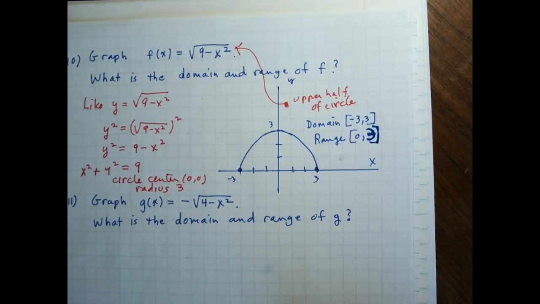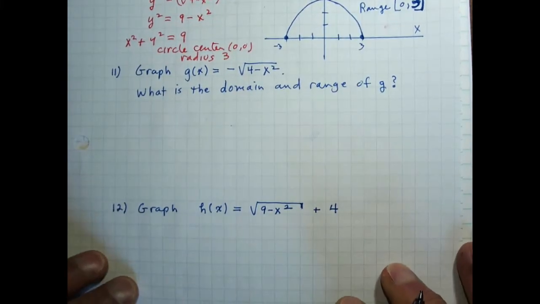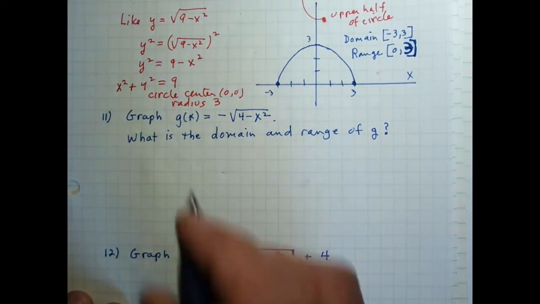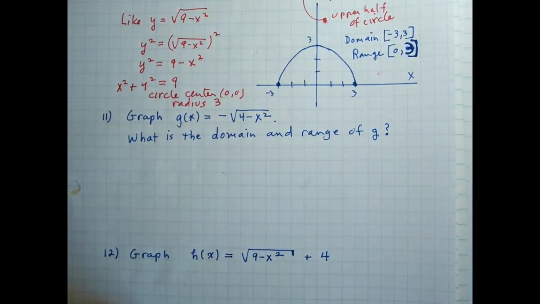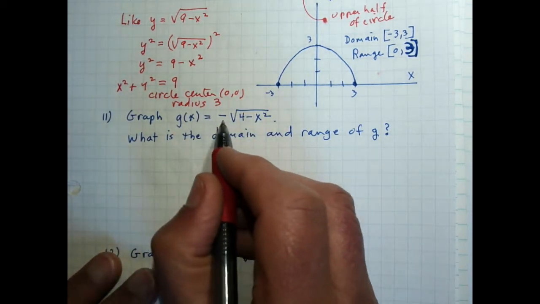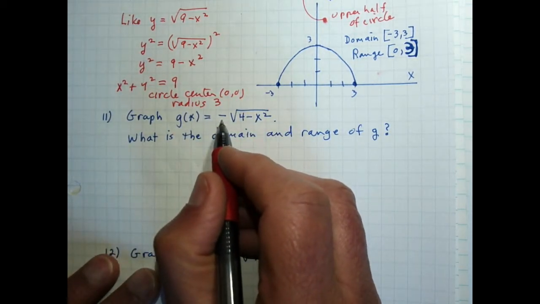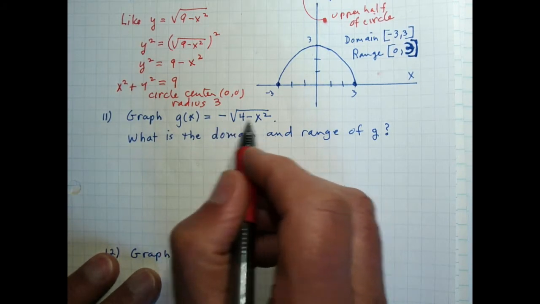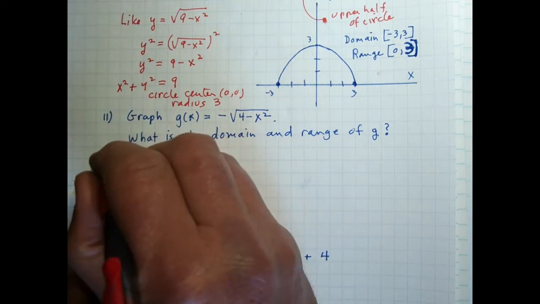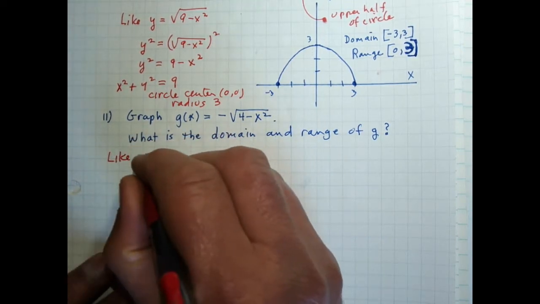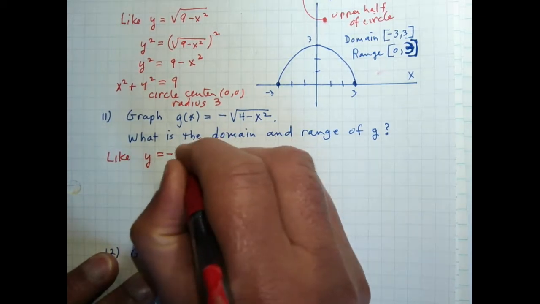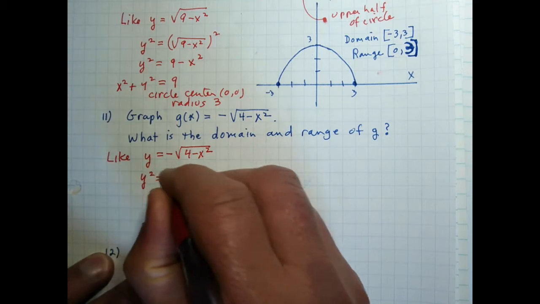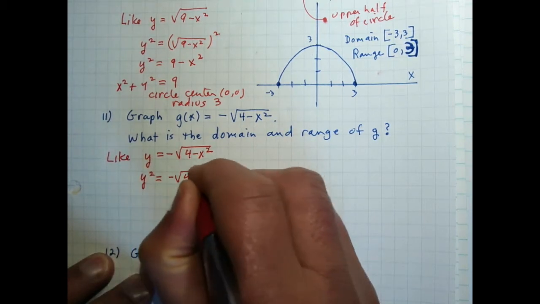And let's look at the next one. Number 11. So in this case, we have g of x equals, I see a negative square root. That tells me something. And I see this square root of 4 minus x squared. That's related to the equation of a circle. It's like y equals negative square root of 4 minus x squared. If I square both sides of that, even with the minus sign,